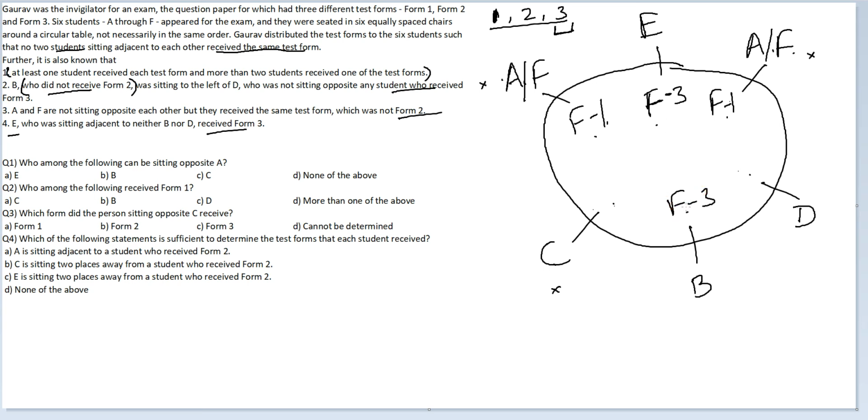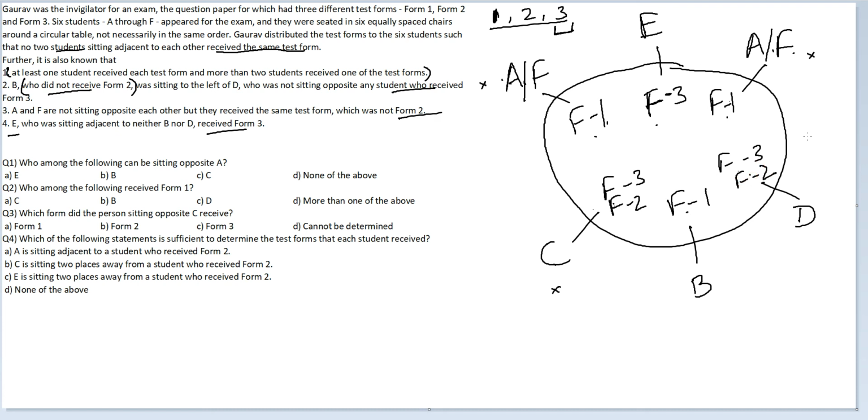If we had F3 itself here, now you cannot have 3 forms of the same type, because if you put F1 here, these two will be identical. If you put F3 here, these two would be identical. So B also cannot have F3, which leads you to the conclusion B will necessarily have form 1. Now when B has form 1, the form that had occurrence of 3 times is already covered. Now C will either have form 3 or form 2, and D will either have form 3 or form 2.